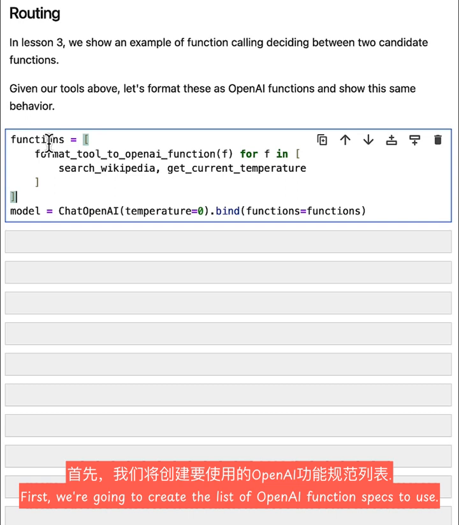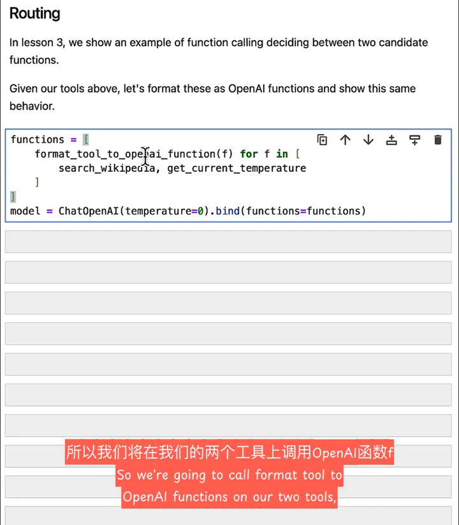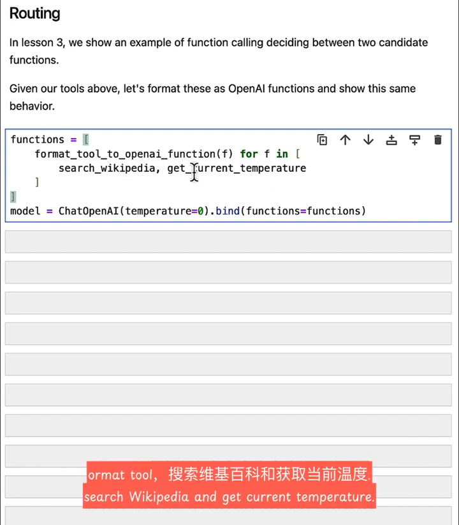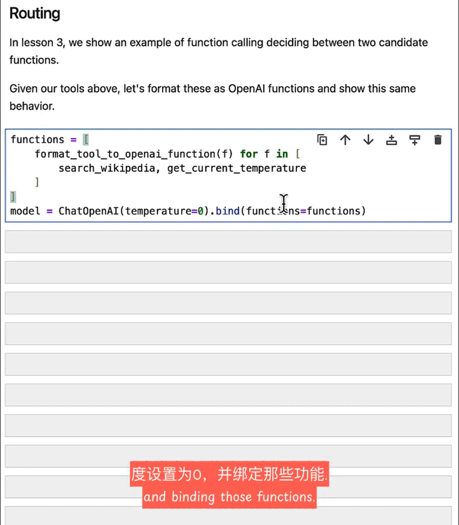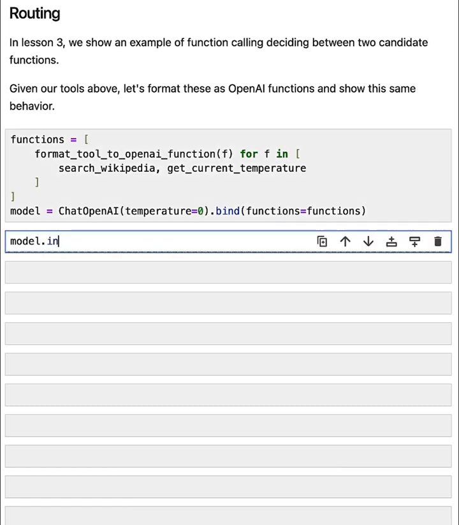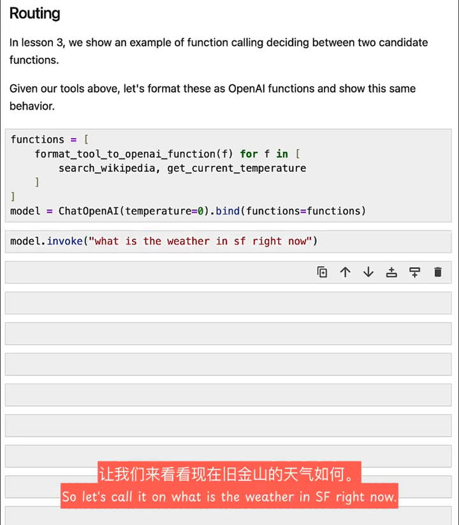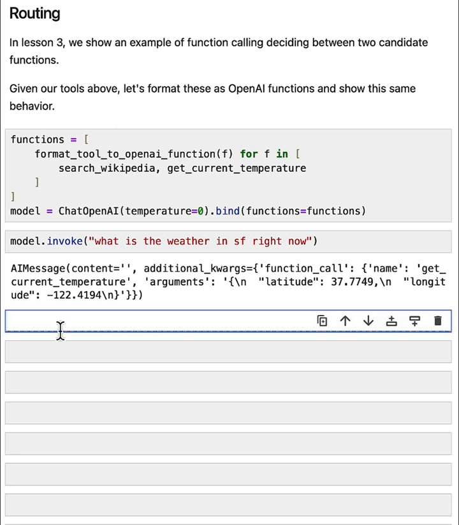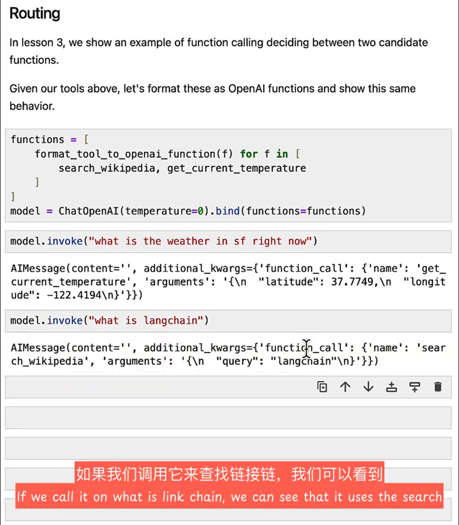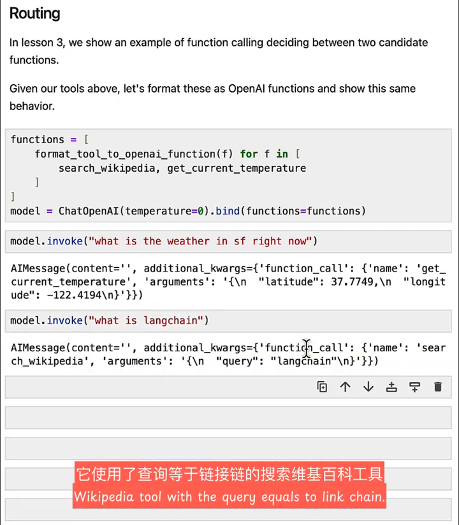First, we're going to create the list of OpenAI function specs to use. So we're going to call format tool to OpenAI functions on our two tools, search Wikipedia and get current temperature. And then we're going to create a model setting temperature equals 0 and binding those functions. Let's then call that model on a few sentences. So let's call it on, what is the weather in SF right now. We can see that it uses the get current temperature tool with arguments for the latitude and longitude. If we call it on, what is LangChain, we can see that it uses the search Wikipedia tool with the